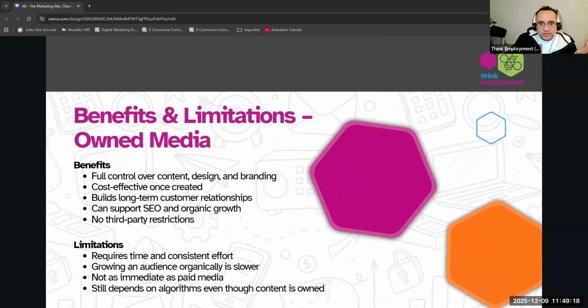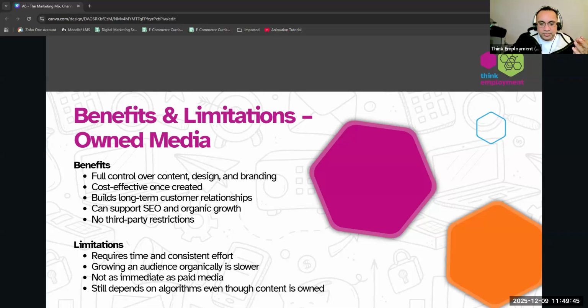People can basically find your website, your content, they know where to go, kind of support SEO and organic growth, and no third-party restrictions, although you're at the mercy of the platform. So if they suspend your account, then that's it. So you have to follow the rules. Limitations: requires time and consistent effort. Growing an audience organically is slower, not as immediate as paid media, and still dependent on algorithms, even though content